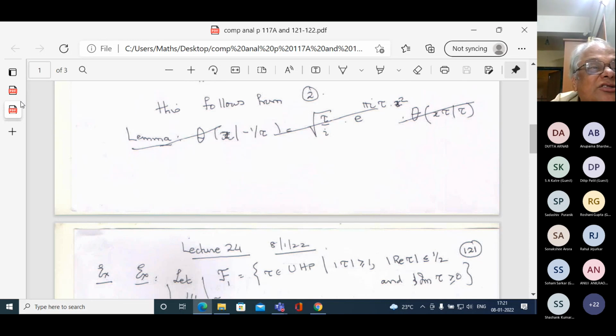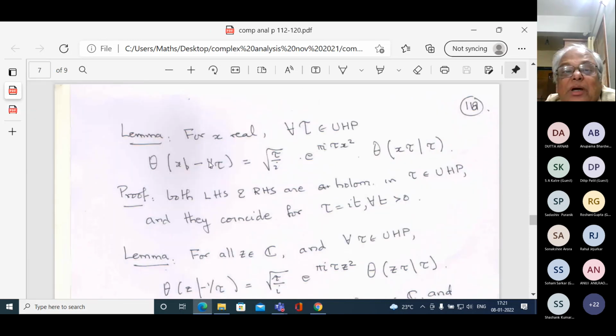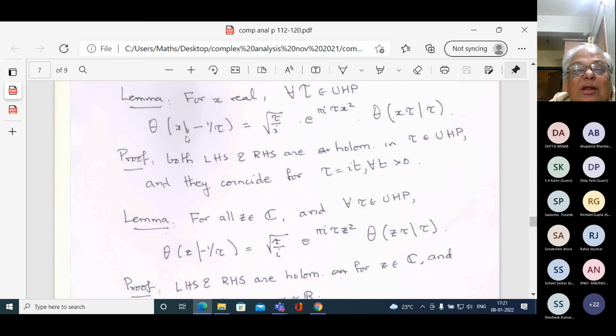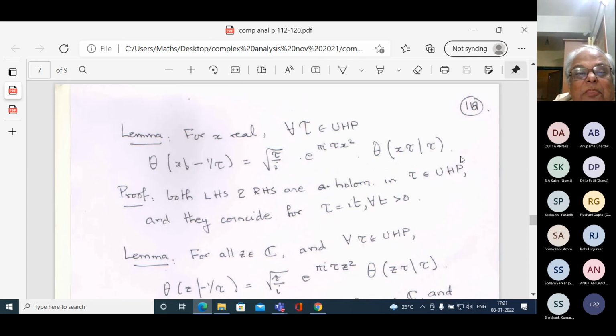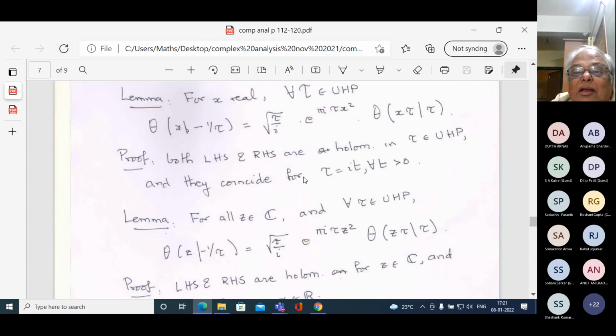So I should go back to my other sheet. You can see that there's some screw up. And then the next statement is that for x real, for all tau in the upper half plane, this is what I've just told you. When x is real, for all tau, this equation is true, because they agree on the y-axis. This is now page 118, which should have been page 119. So these are functions of tau. They agree on the positive